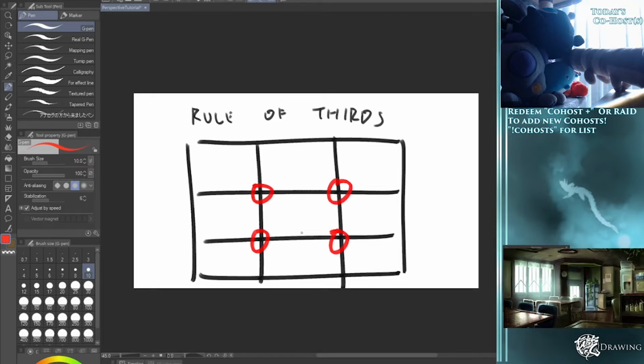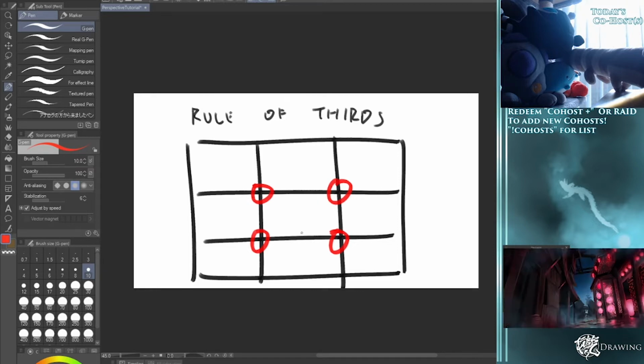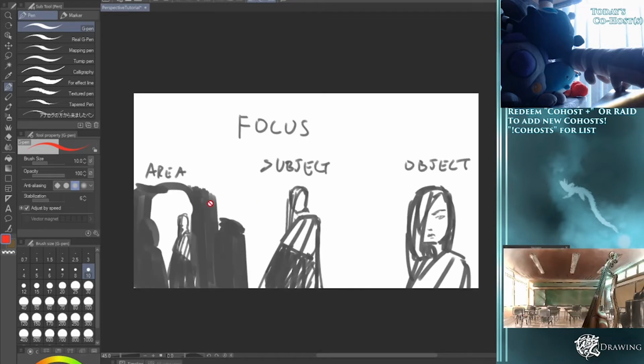Does anyone here not know the rule of thirds? If this is new to you, it's crazy important. And just like we were saying, rule of thirds is going to apply at every scale in every type of drawing. All of these can benefit from rule of thirds. Okay, so